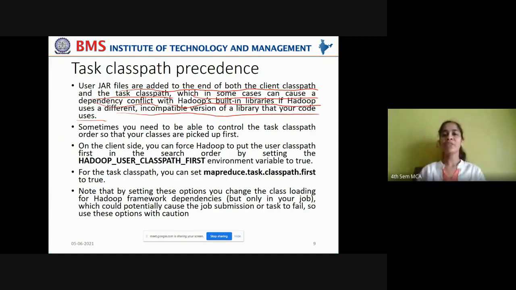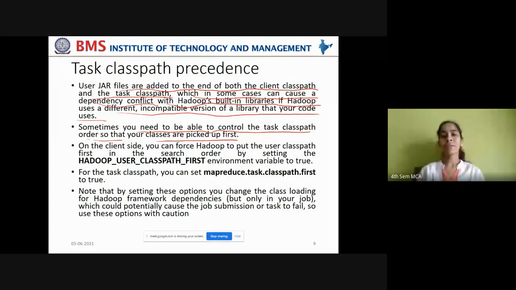So when you are using these jar files repeatedly, it may raise incompatibility issues. Sometimes you need to be able to control the task class path so that your classes are picked up first. In such cases, how do you resolve that?